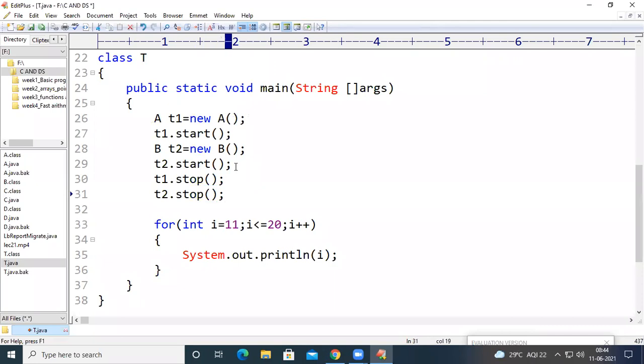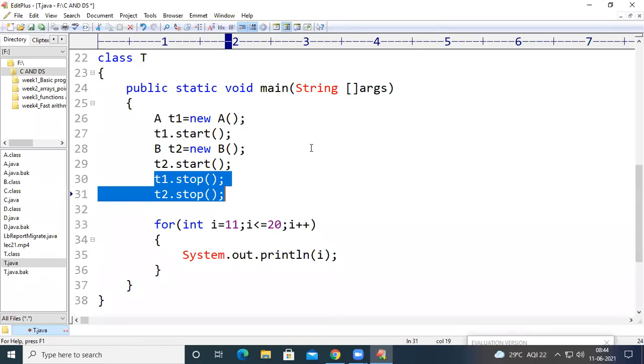So what does this stop method do? When a thread has successfully completed its execution, the thread moves from the running state to the dead state. In case, in the middle, we want to move a thread from running to dead state without completing its execution, we can go for the stop method.